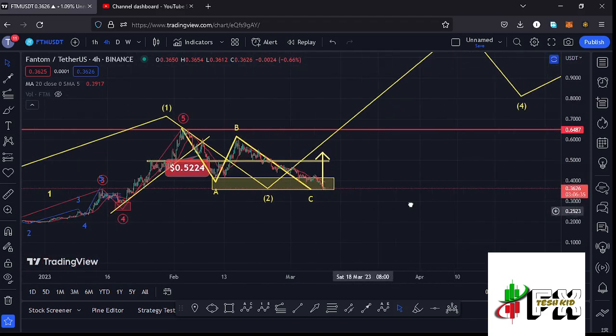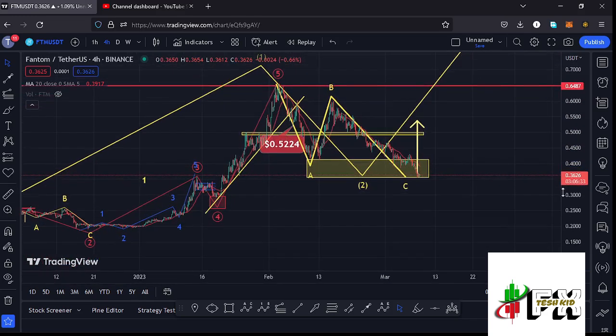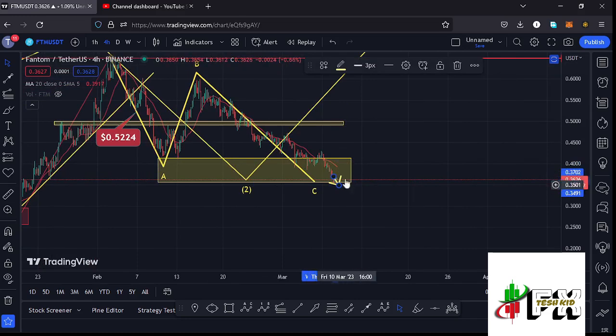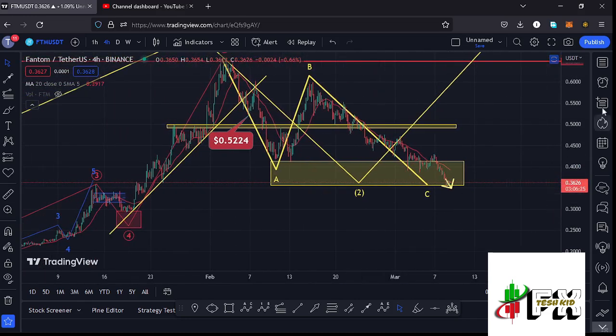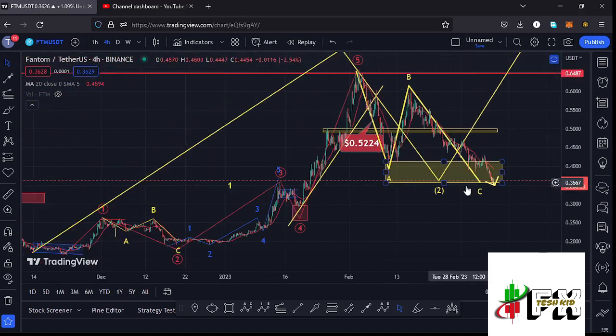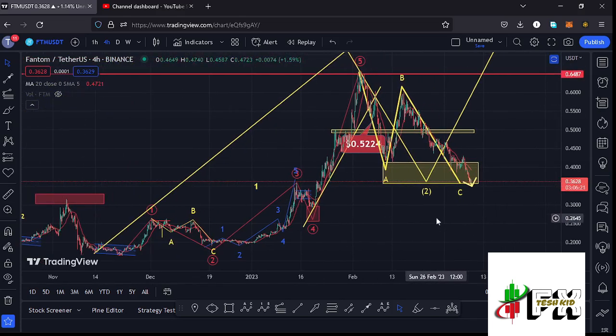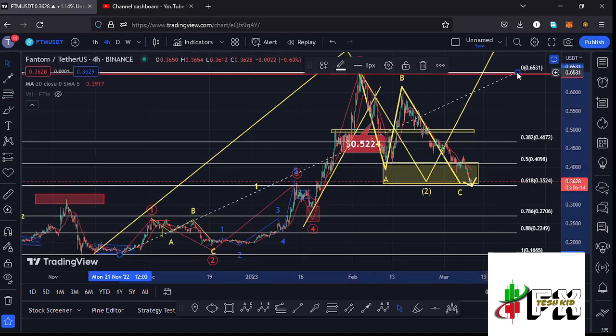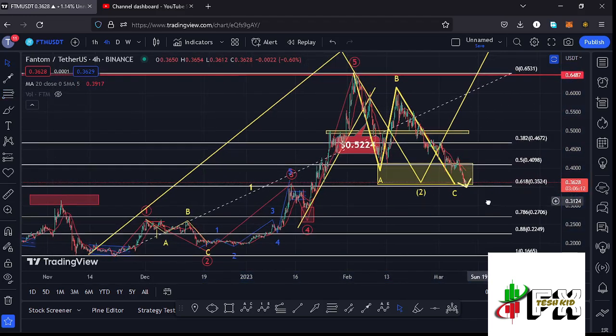But in case we continue holding below the 20-day MA and also see a break out of this target area, that is this yellow target area, and that is losing the fib level 0.618, then we need to be very cautious and continue watching the next key area on the Fibonacci's, which is supposed to give us support, which is the fib level 0.78. And using the Fibonacci's once more, you can see that the fib level 0.78 sits at